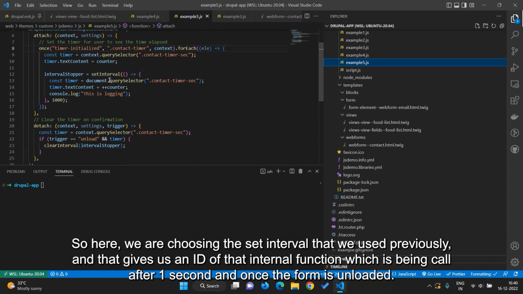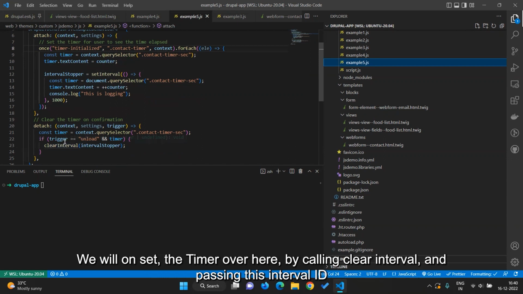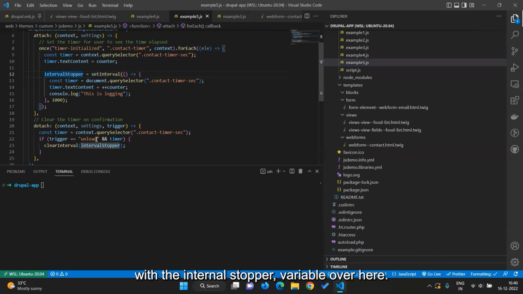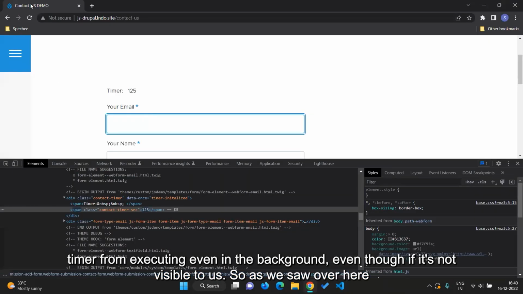And once the form is unloaded, we will unset the timer over here by calling clear interval and passing this interval ID, which is the interval stopper variable. That way we are able to stop the timer from executing even in the background, even if it's not visible to us. So as we saw over here,